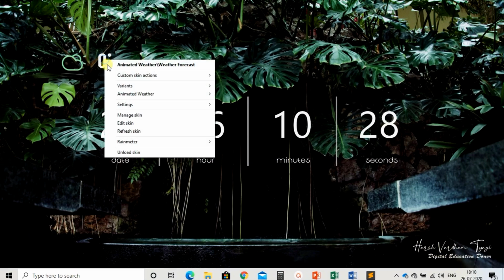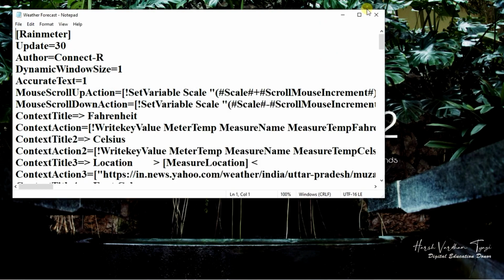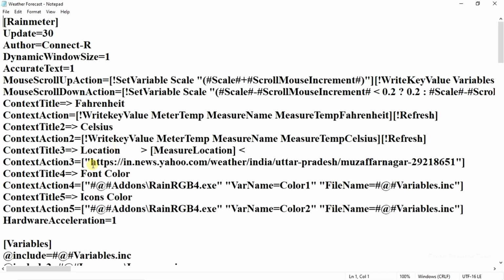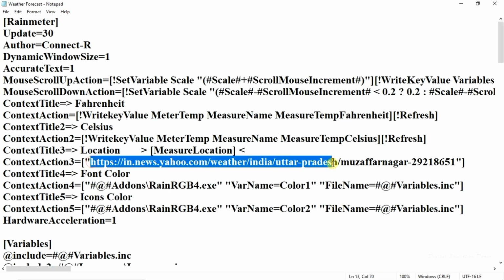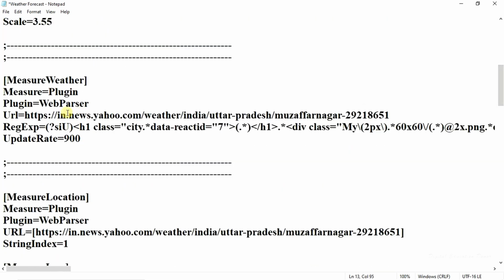Right click, go to Edit skin. Change the URL which you have written here. There is some problem with that URL, it's not working fine. I'm changing the URL to a new one.